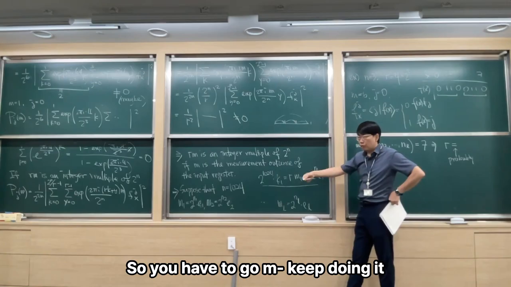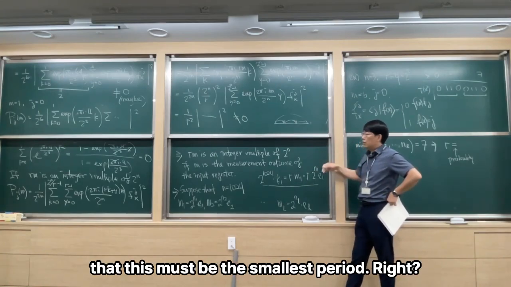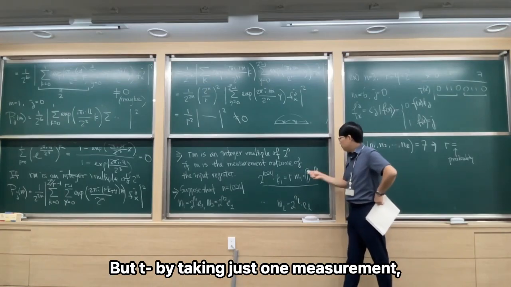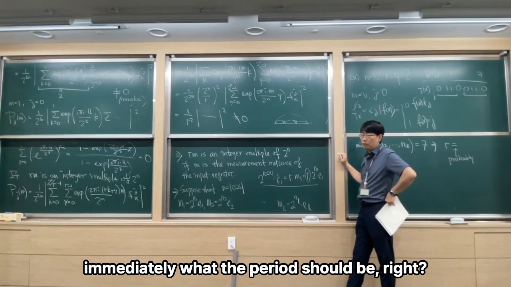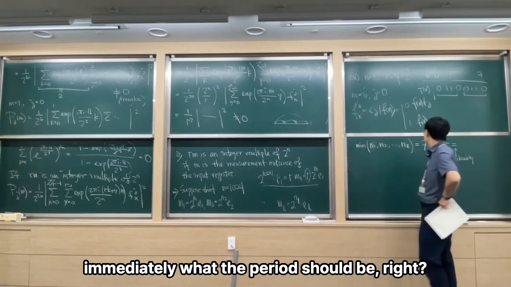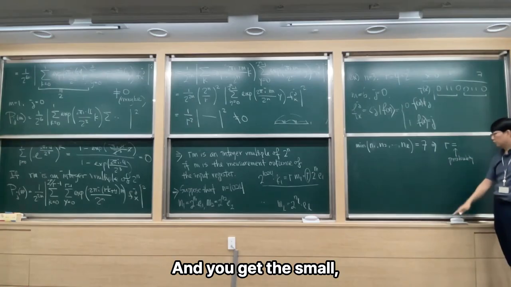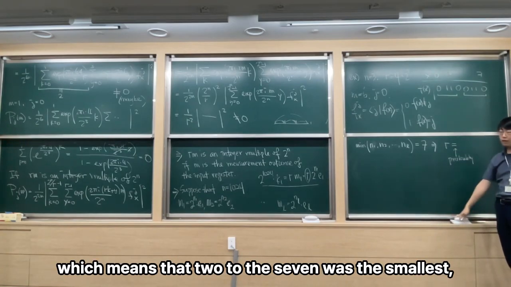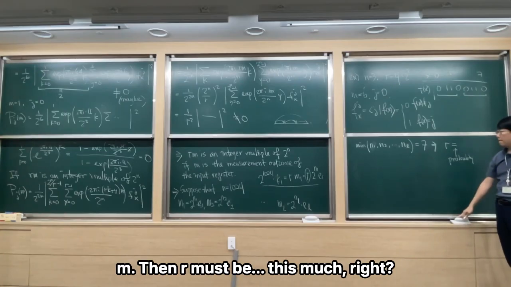So you have to keep doing it until you're convinced that this must be the smallest period, right? But by taking just one measurement, you kind of know immediately what the period should be, right? So if you take this much measurement and you get the 7 as the smallest number, which means that 2 to the 7 was the smallest, you can observe as a factor of this m, then r must be